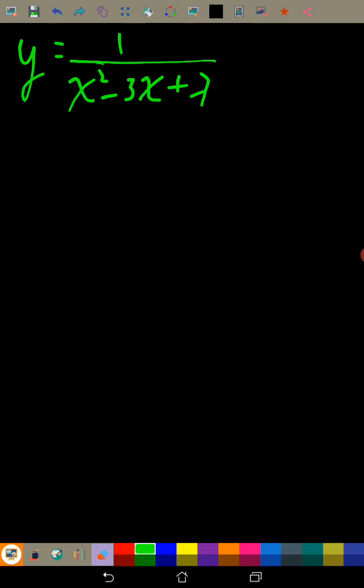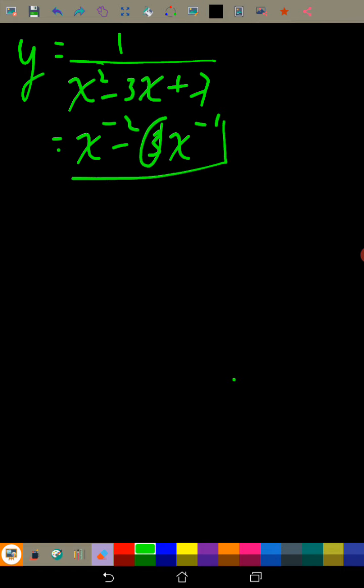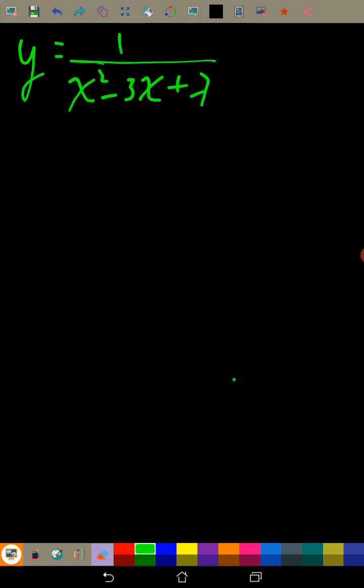I think I can rewrite this just by doing an easy transformation. This is not true. So I have to be careful here. I have to take the whole equation as